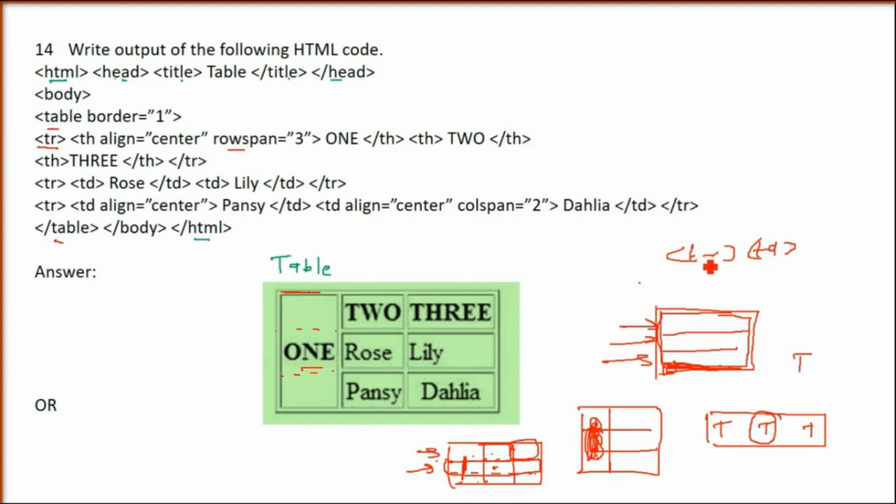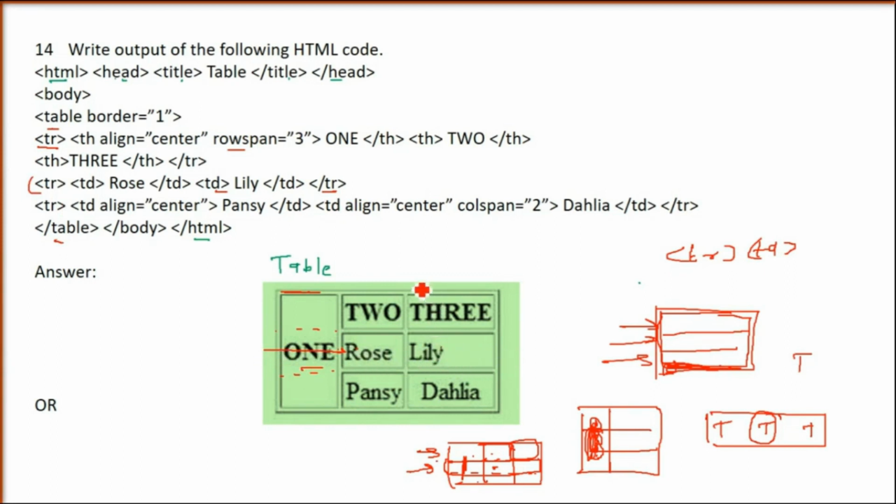Second row and second column. So table row, always we have table row, then inside this TD, table data. So here 1 is already occupied. So Rose will come in this second row, but in the second column, not the first column. Again Lily will come in the third column. Second row, but third column. TR we have closed. So now this second row is also finished.